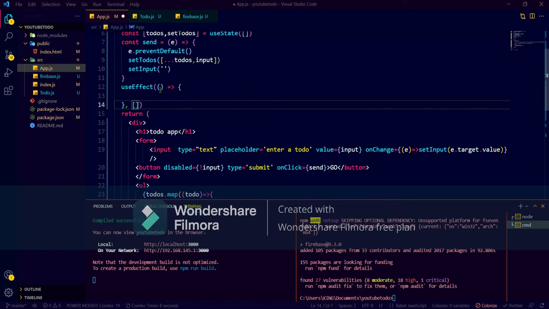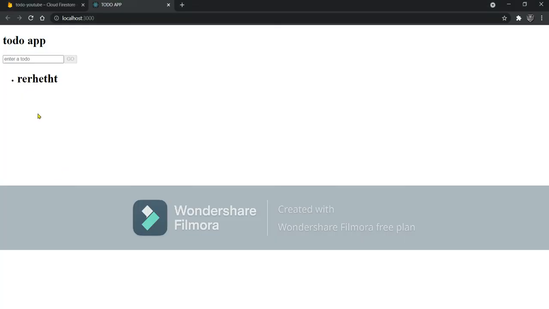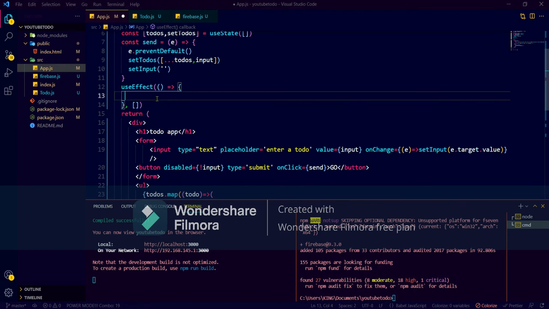So what we have to write in this useEffect: as we press the button, it should add our to-do in the database, and we also have to read back that data from the database into our browser, so that it is reflected here too. So we have to do just one thing in this useEffect. Now there's a function, snapshot. We will use that function, known as snapshot, in this useEffect.